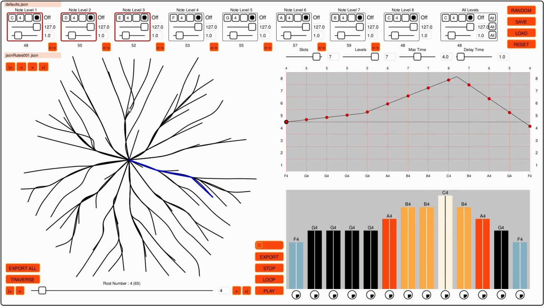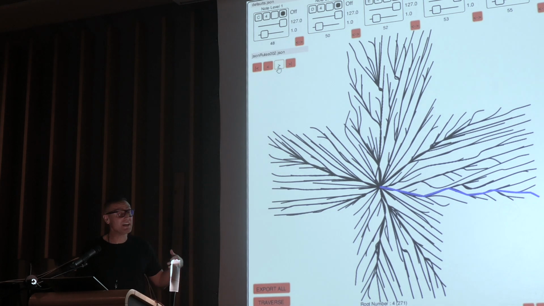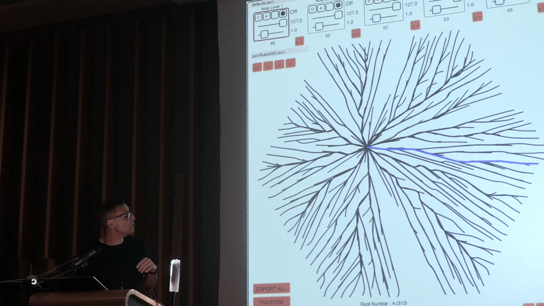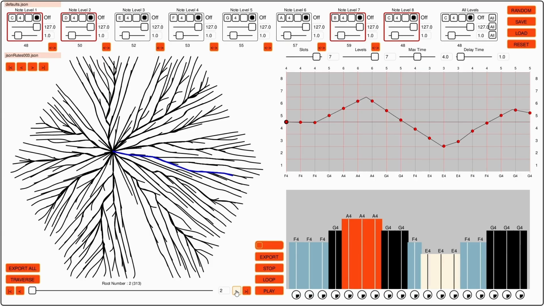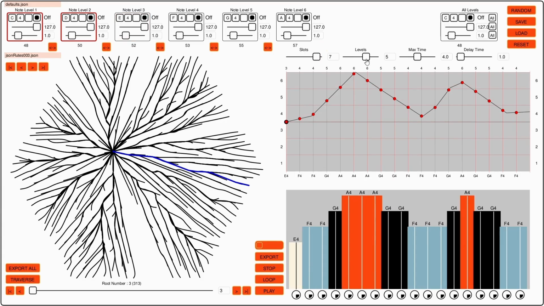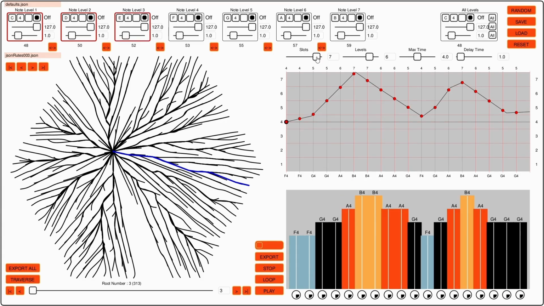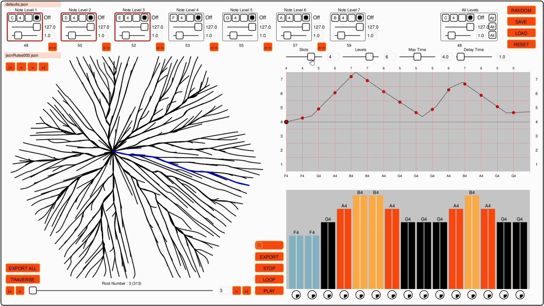I developed this tool this summer, and now I'm testing and using it to extract music from the shape. Different colonization algorithms produce different roots, so the sound will be different. I can change the number of notes, the number of levels, many different items to produce different notes, chords, and many others.